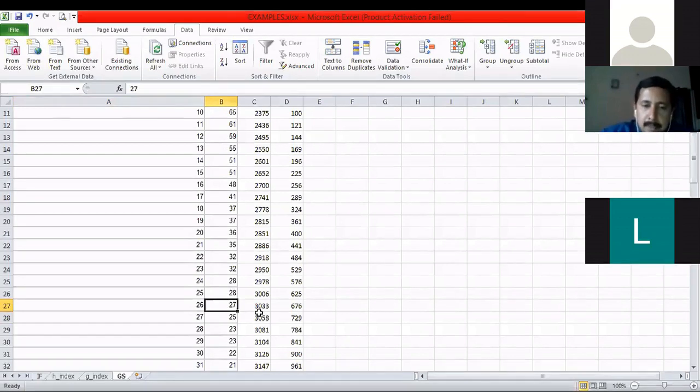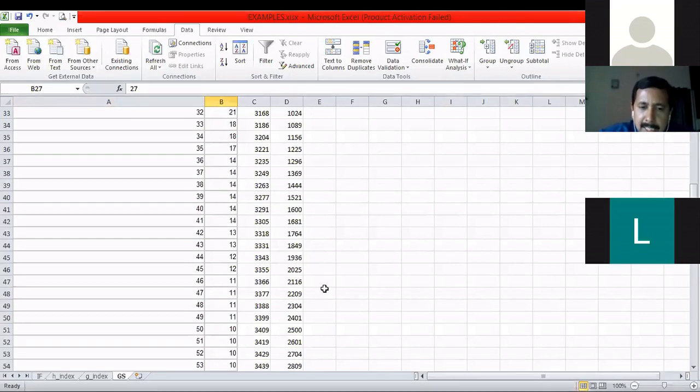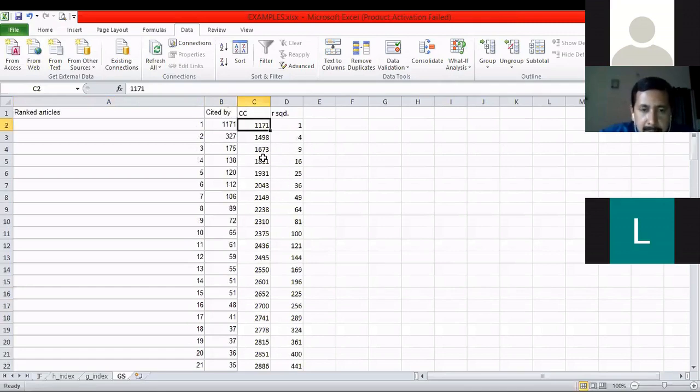Okay, fine. So similarly, we can calculate the G index just by looking at these two. I'll not go from the beginning.